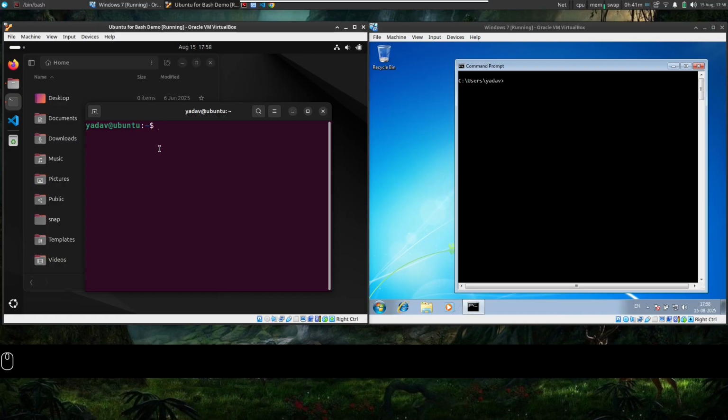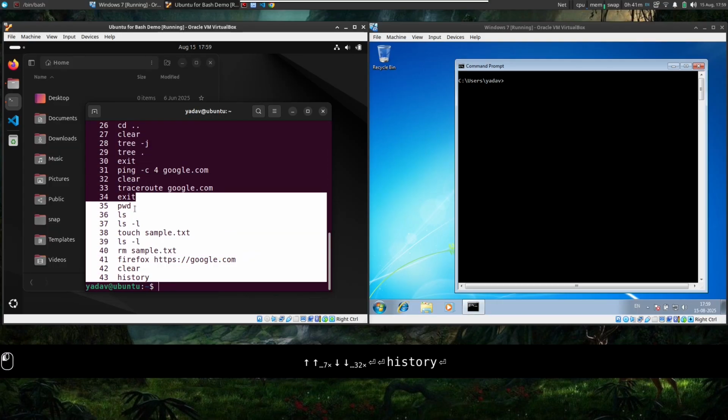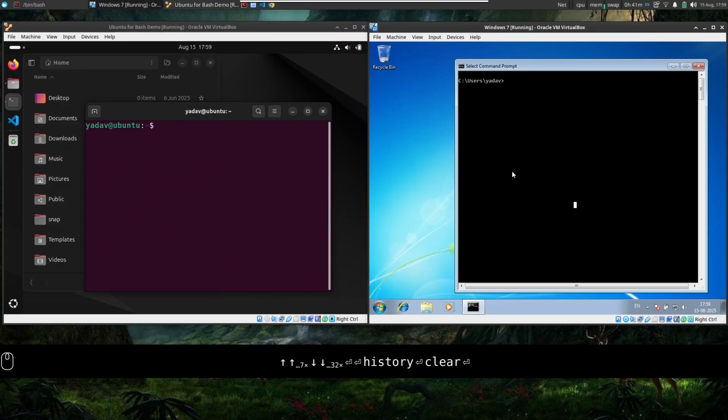It actually just removes the content from your view. All the commands which we have executed so far are always present in the history. In Linux, you can see the list of all the commands you have executed using history. In Windows, there is no such alternative.